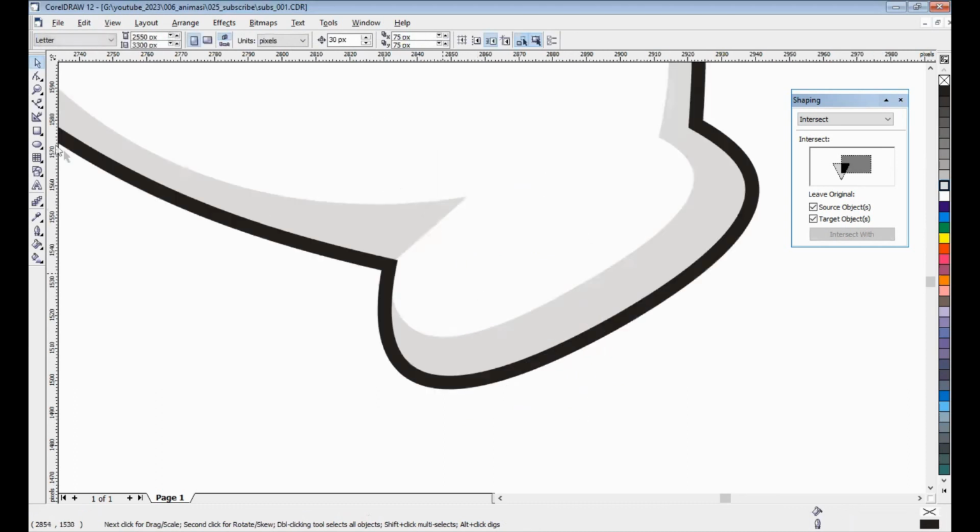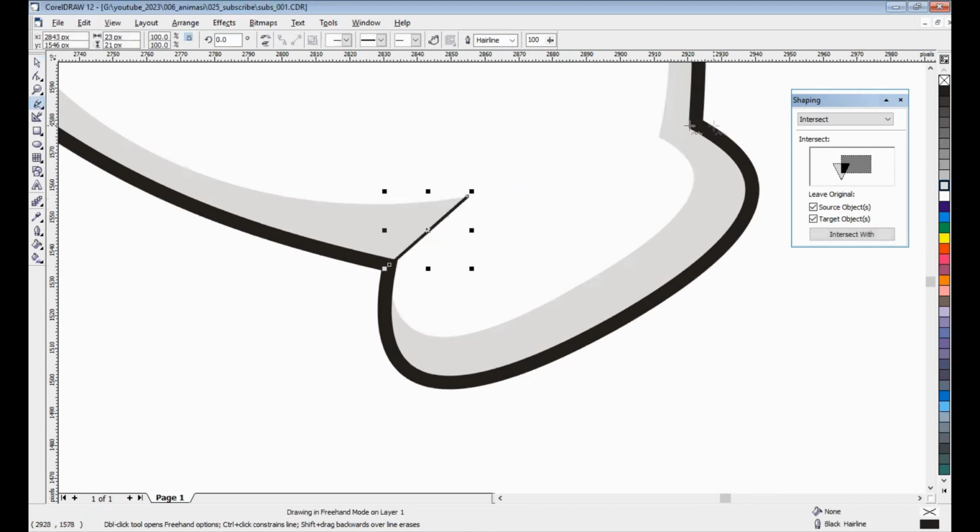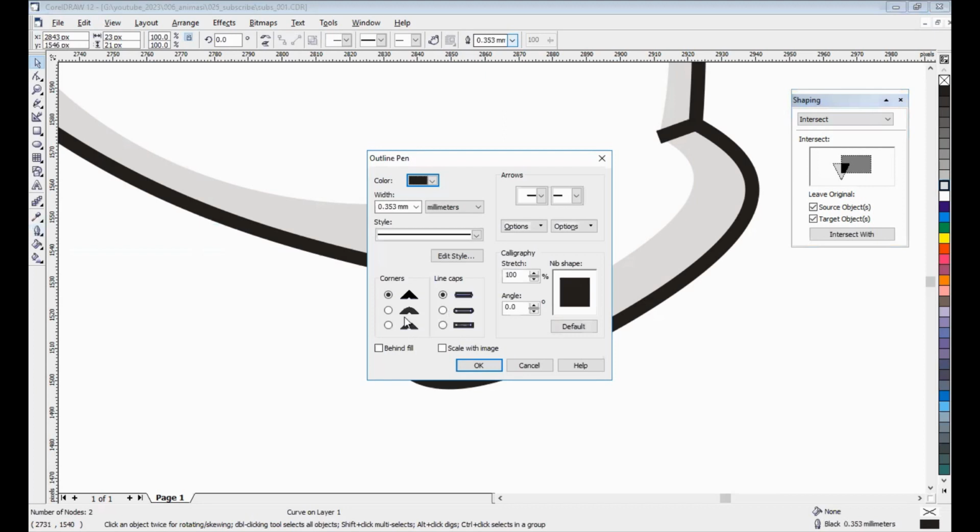Before that, I promise you to create another illustration, maybe from here until here, and here. Increase. Maybe 3, maybe 3, 2, and I want to set the line cap like this.